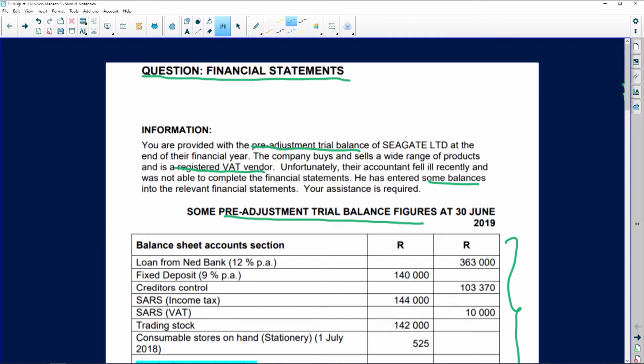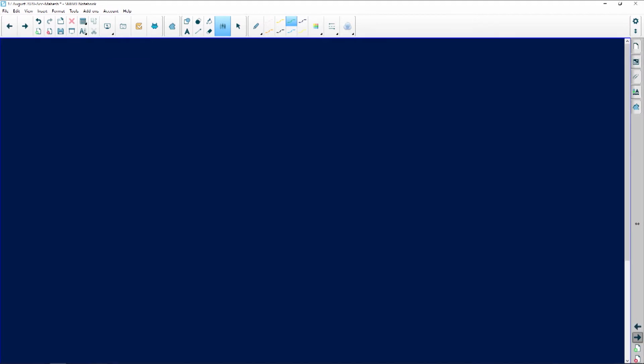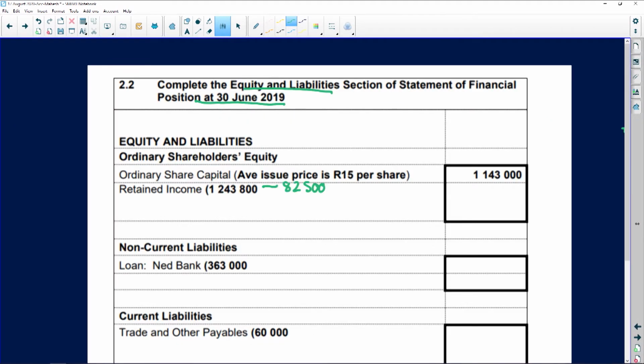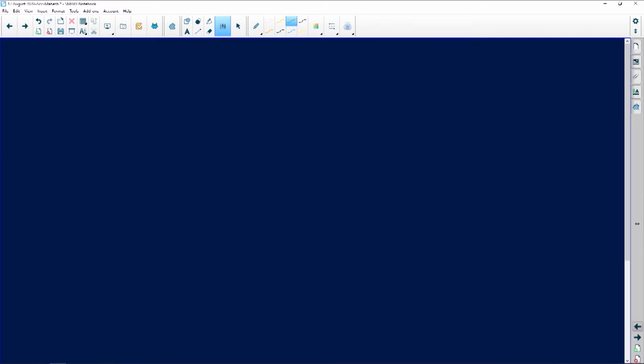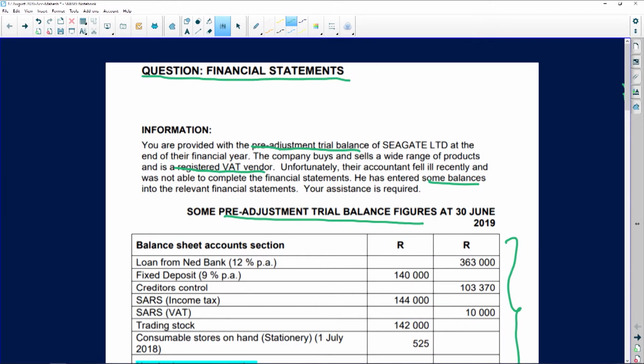Let's quickly look at the balance sheet section. So I've got a loan from Nedbank for 363,000. Let's quickly check if that amount was brought down. Yes, it was, so that's absolutely fine. Right, let's go back to the information. Then I've got a fixed deposit, which I'm not going to bring down because remember, I'm not doing the entire